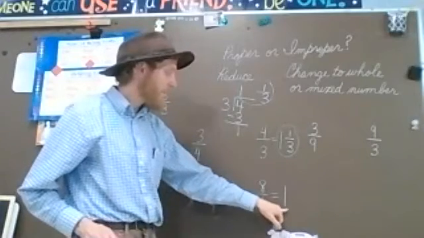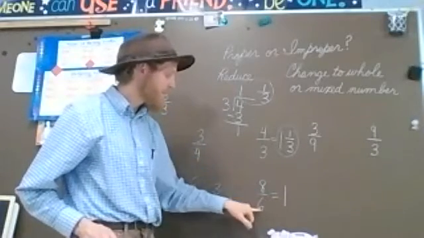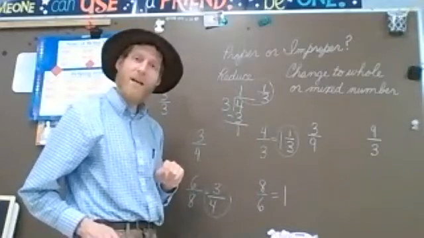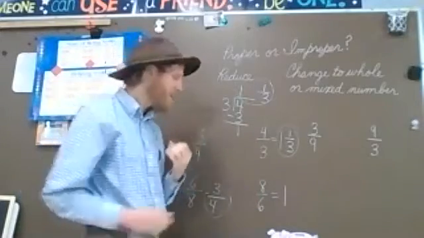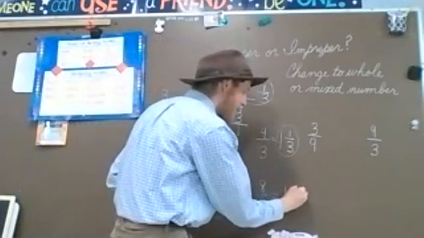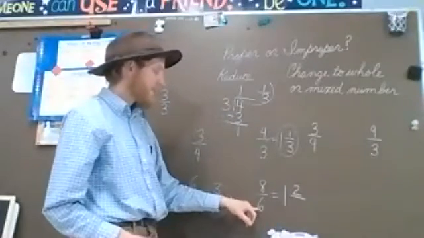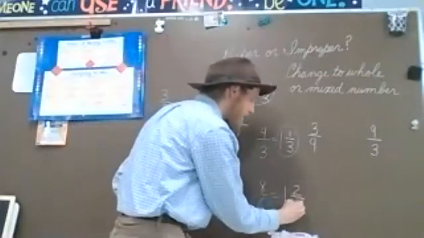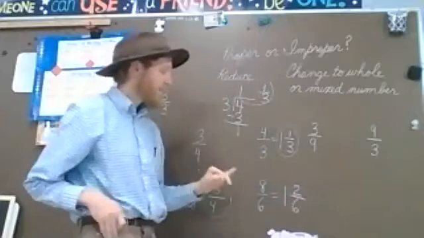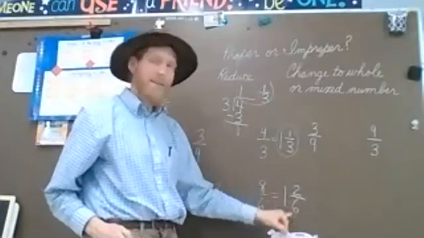1. How many more would make 8? 6 goes into 8 1 time. 2 more would make 8. So there's 2 left over. And our denominator is the same number. Now, is this mixed number